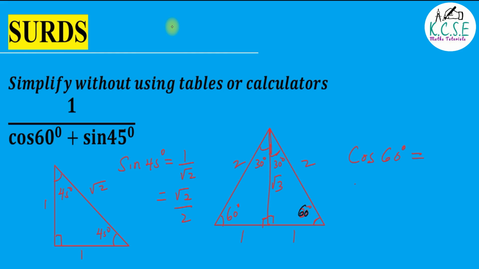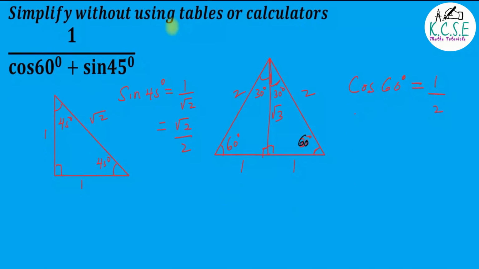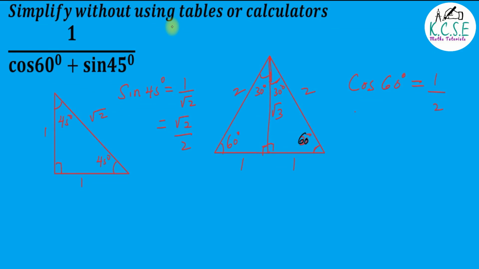Cosine of 60 is obtained by adjacent over the hypotenuse, which is 2. So cosine of 60 is a half. Having those two, we can now come to the question: 1 divided by cosine of 60, which is a half,